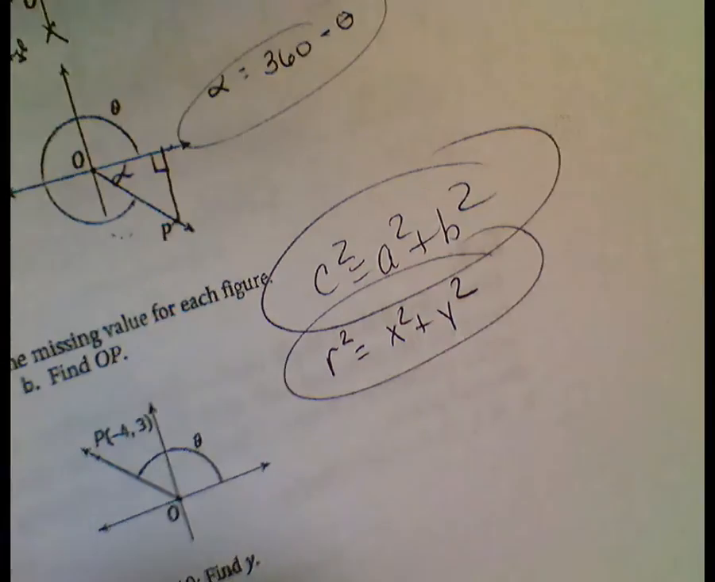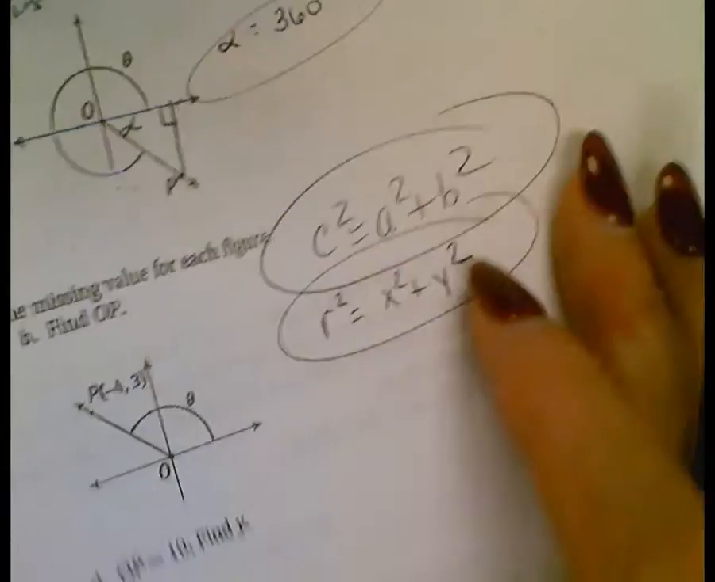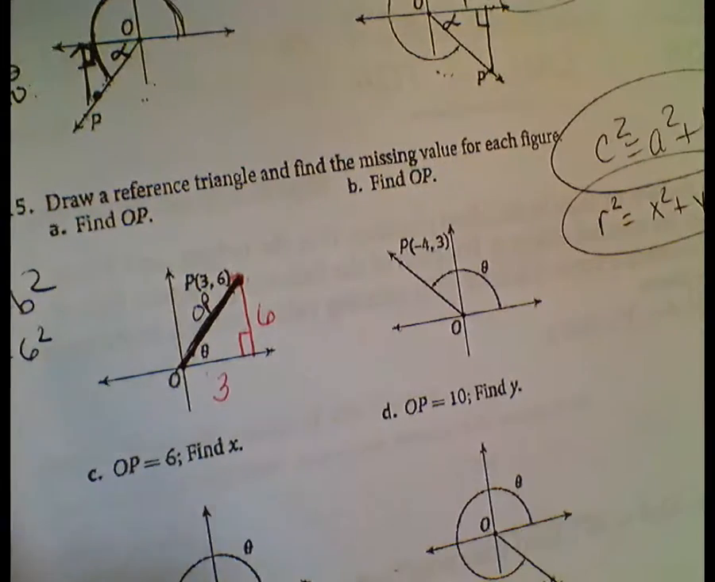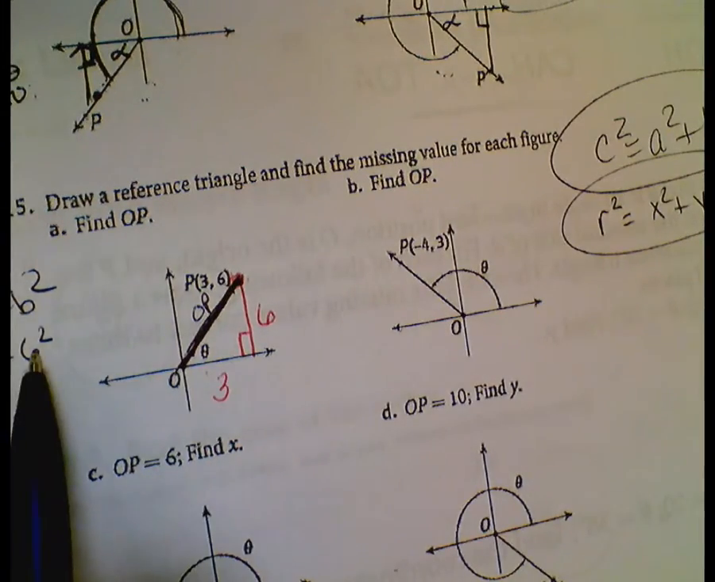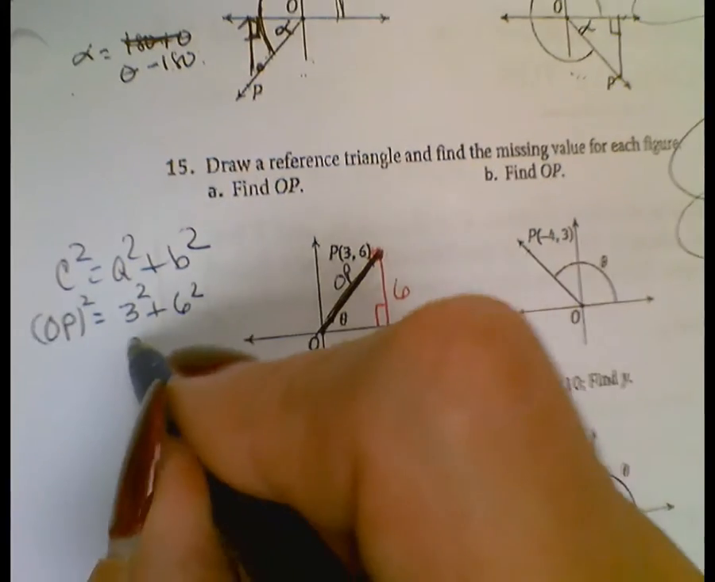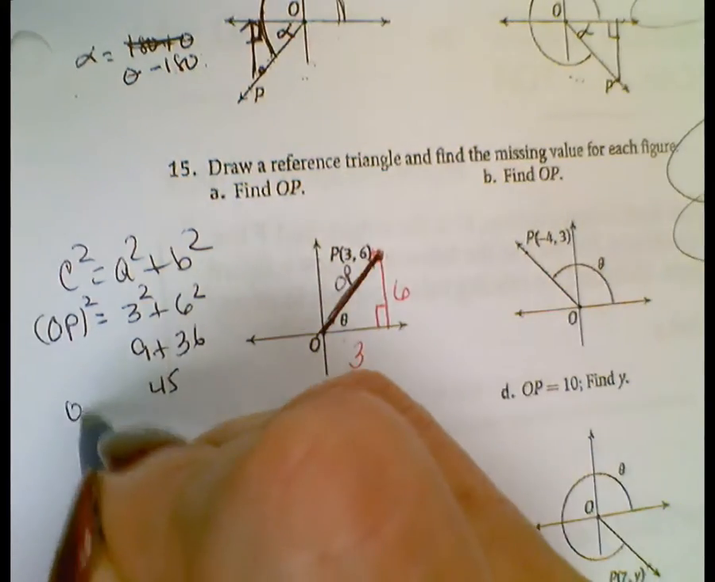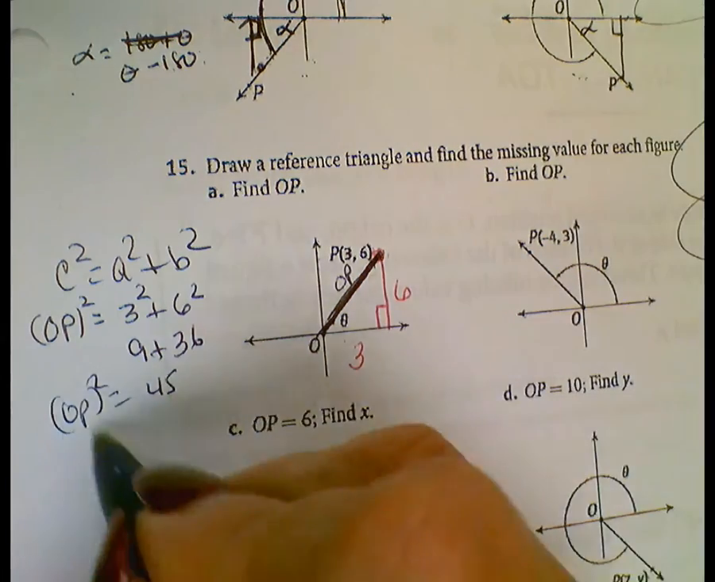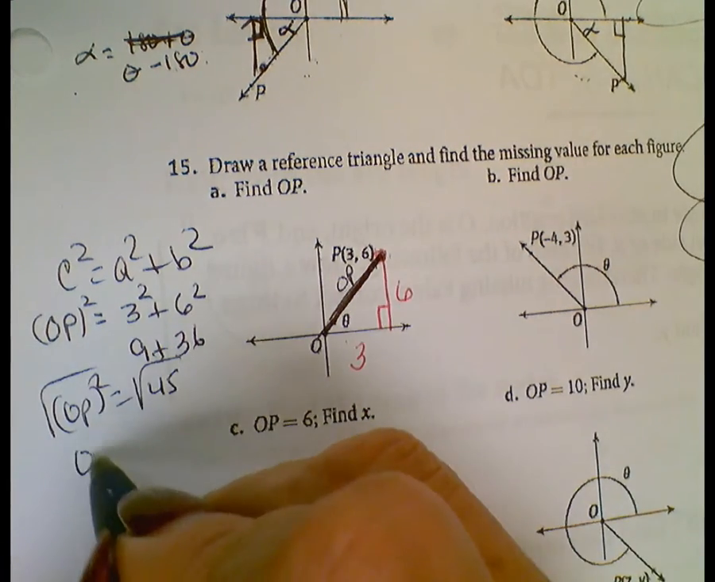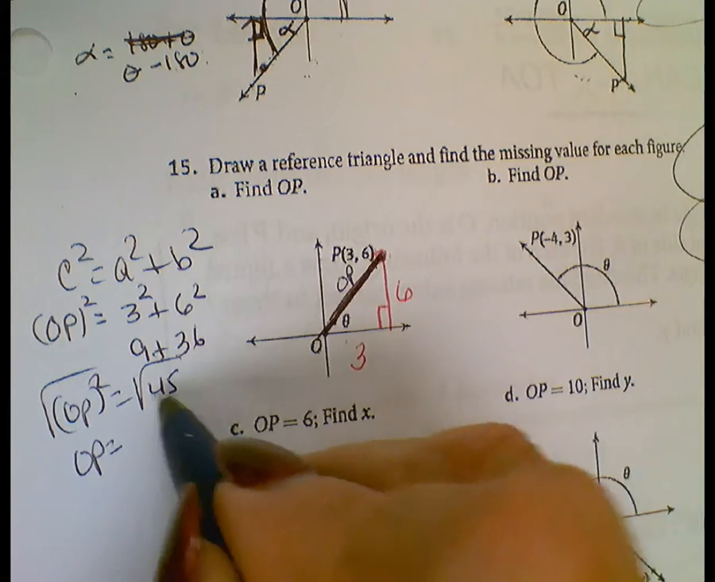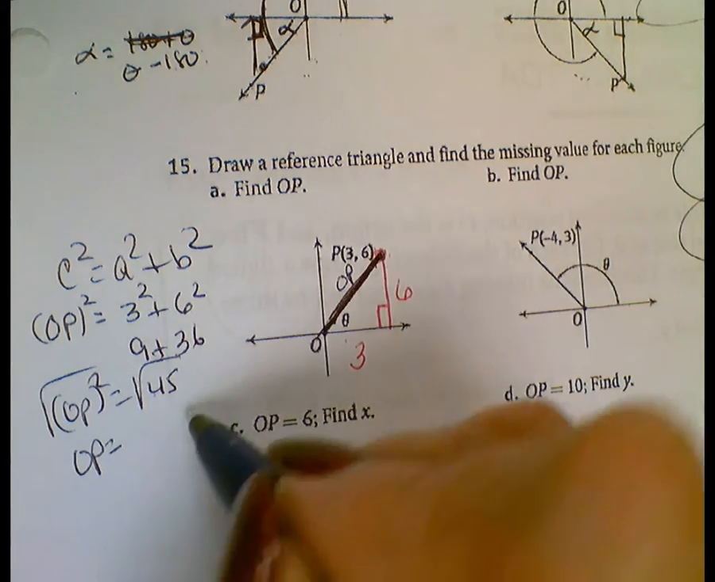So the r represents the radius or the hypotenuse. So let's go back over here. OP squared equals 3 squared plus 6 squared, which is 9 plus 36, which is 45. So OP squared is equal to 45. So we're going to get rid of the square. So OP, the length of OP, is whatever the square root of 45 is, which if you do your little